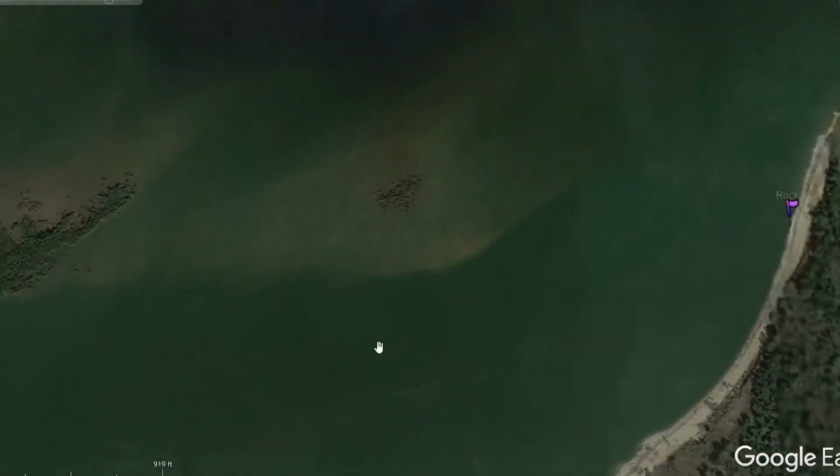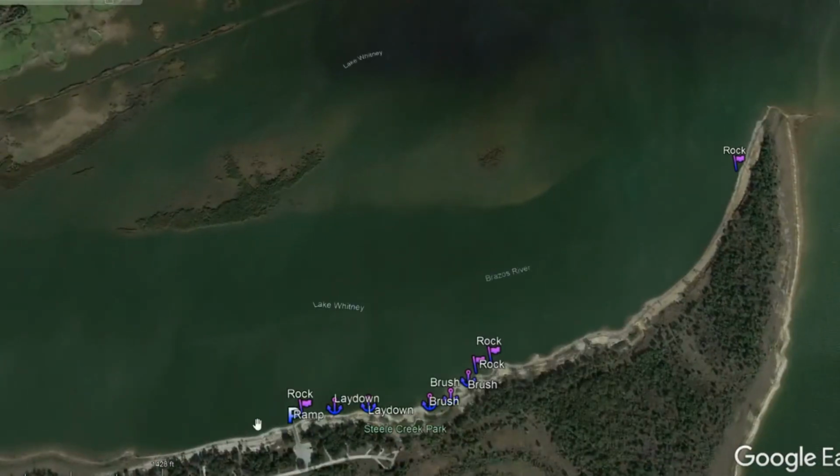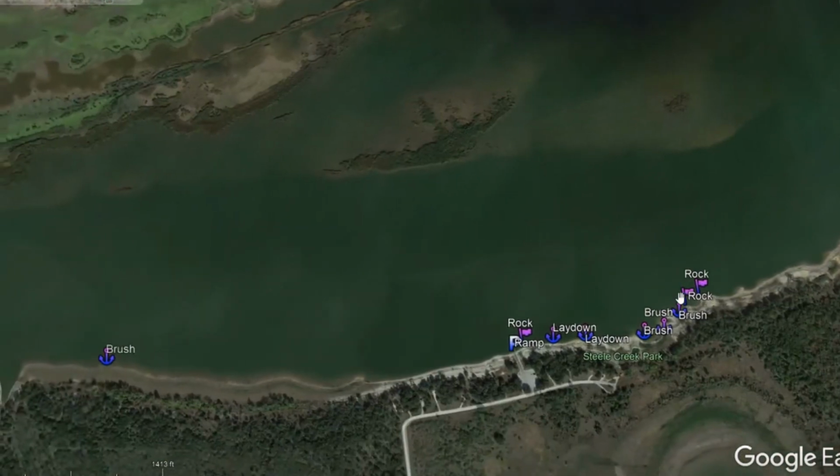So even though we're talking about stuff out here on the bank and stuff like that, don't discard these flats. These flats can be very productive, and you can definitely get in some really good quality fish, a lot of fish out here on these flats. All right, so as we move on down,